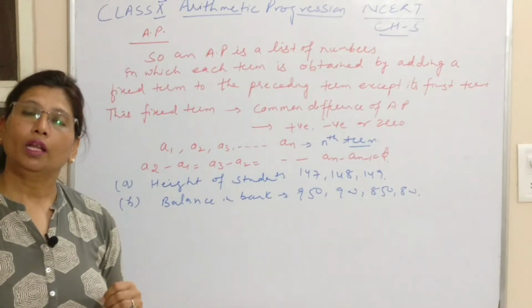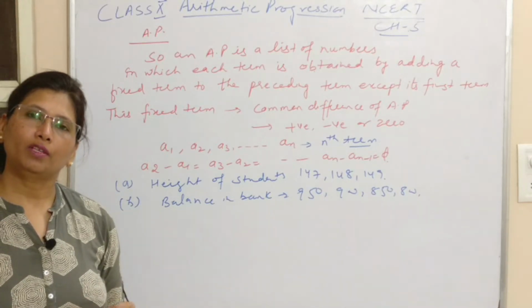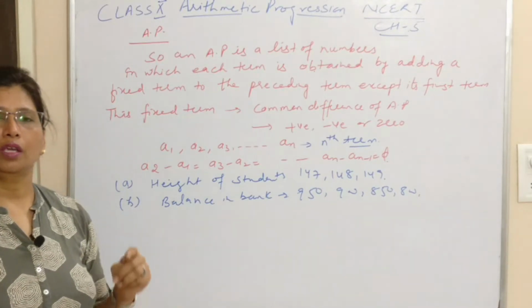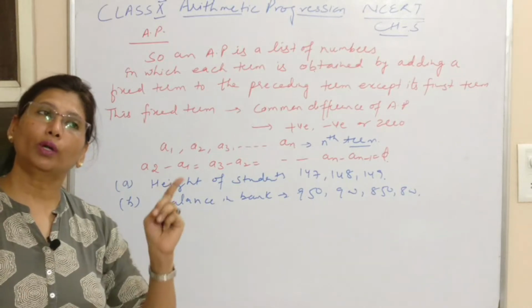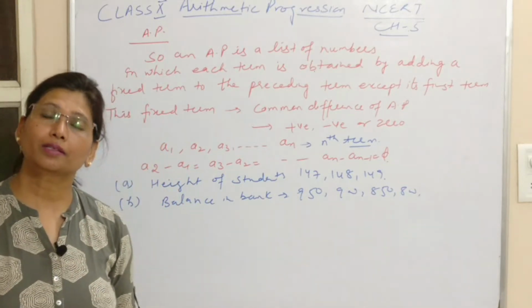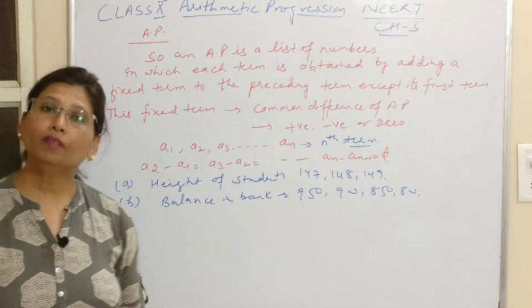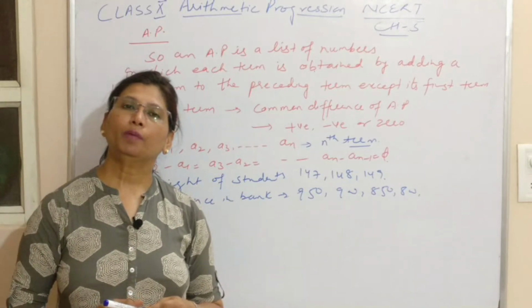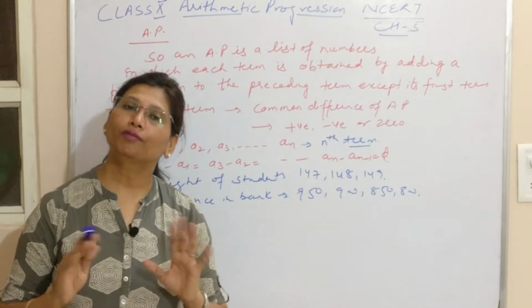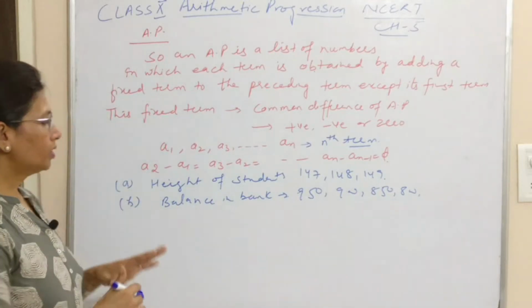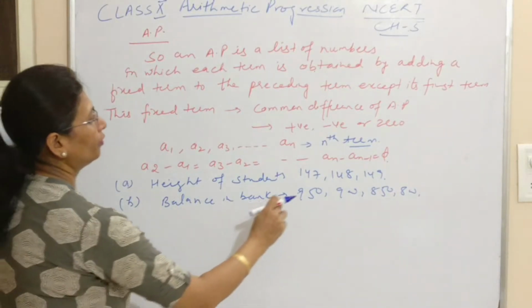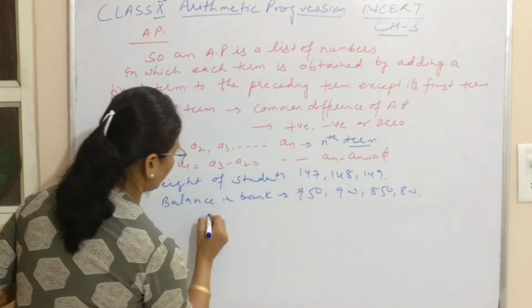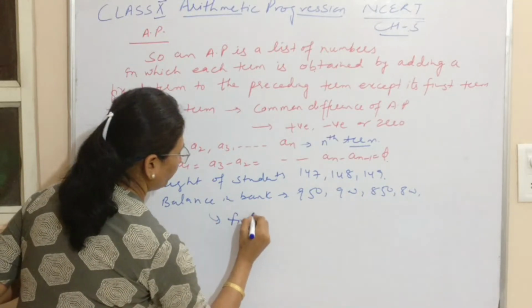Now here we are dealing with a finite AP. Finite AP means we have a fixed number of terms. The examples which I took in the beginning, 1, 2, 3, 4, dash, dash, dash, that is the set of natural numbers, that was an infinite AP. Infinite AP means the last term is not fixed, this is not decided. But when we have a fixed number of terms, then this is said to be a finite AP.